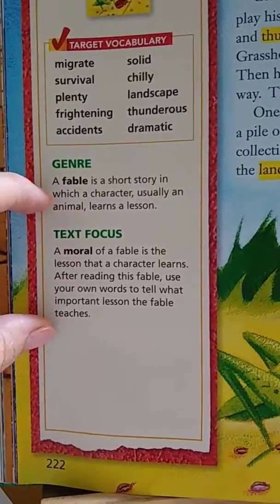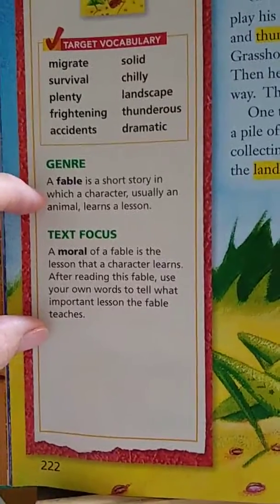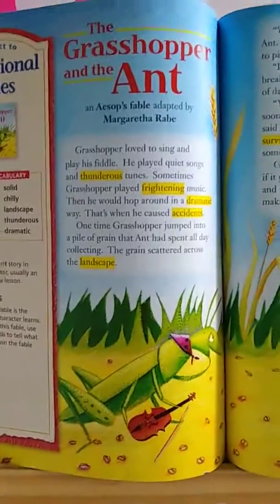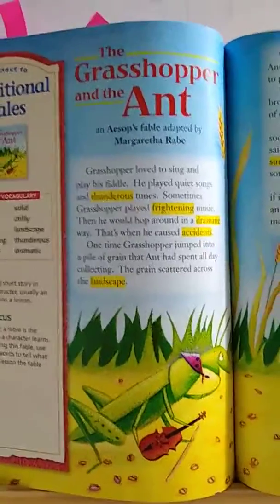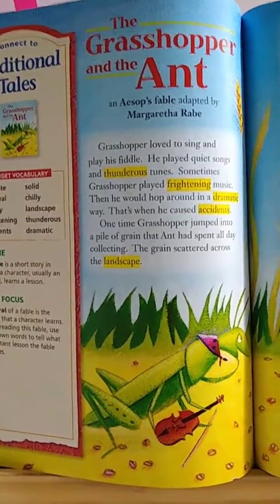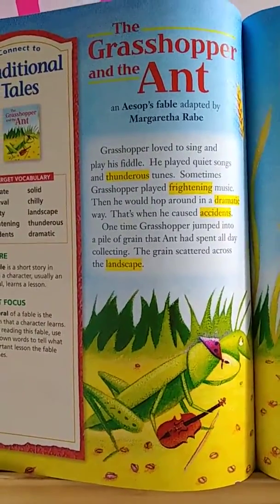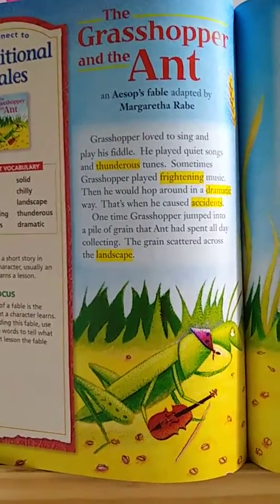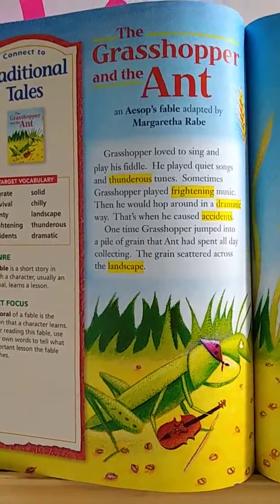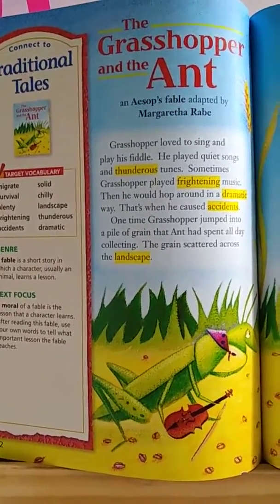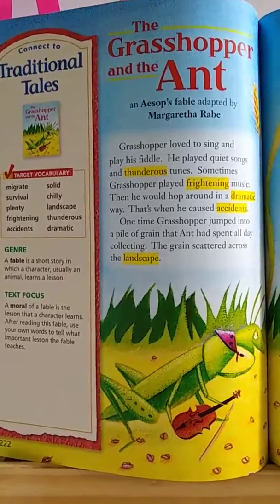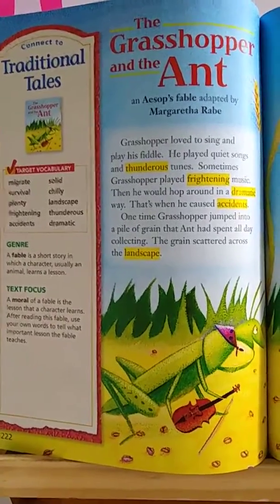Now, in class, we've spent a lot of time figuring out the morals of fables, and one of the fables that we've read was the grasshopper and the ant. Now, if you remember Miss Clack telling you that there are many different versions of some of these stories, you can read 3 or 4 different stories called The Grasshopper and the Ant, and even though they may be similar and the main characters are the same, some of the actual events that happen in the story might be just a little bit different. Sometimes some of the versions are maybe a little bit funnier or sillier than some of the other versions.